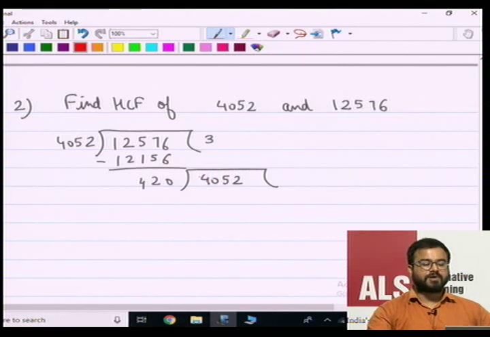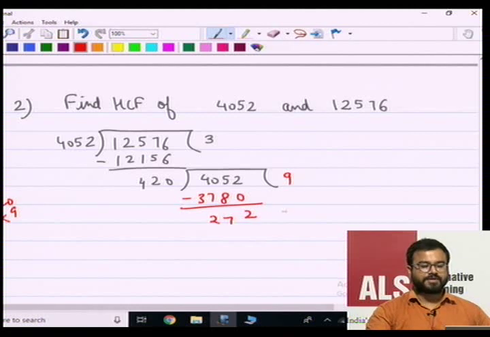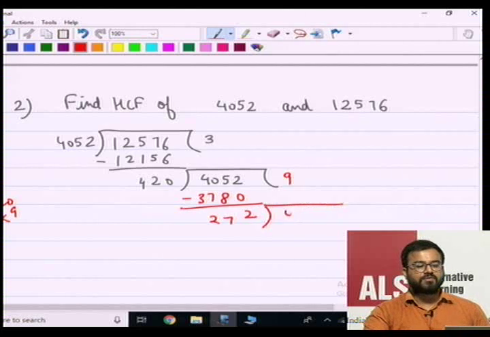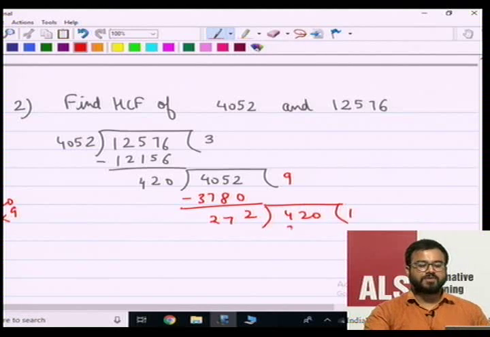Now dividing 4052 by 420, you can see that 420 into 10 is 4200, and it is a little bit less than 4200, so it will go 420 into 9 times. So when we do 9 times, it will go 3780. On subtracting you will get 272. Now this 272 will become your divisor and dividend will be 420. Now you cannot go twice, it will be only once. 272 into 1 is 272. On subtracting we will get